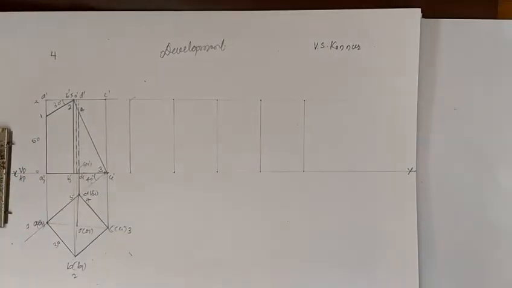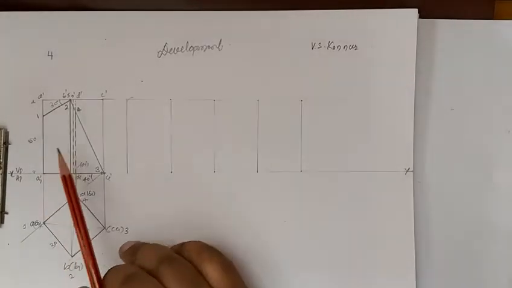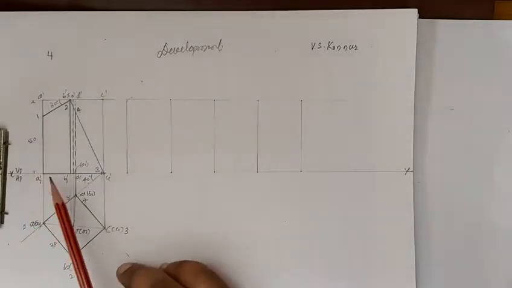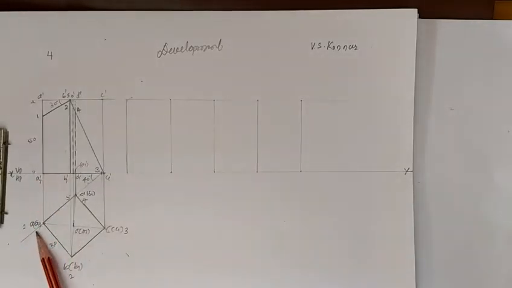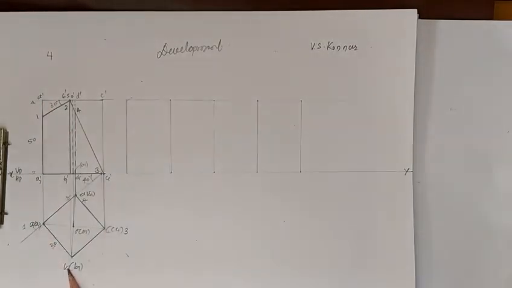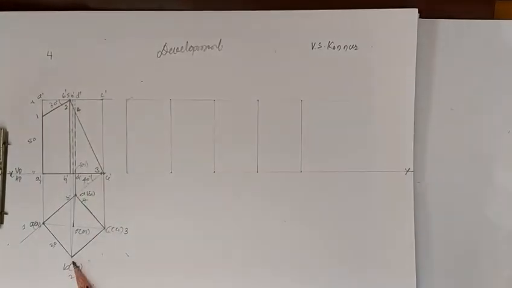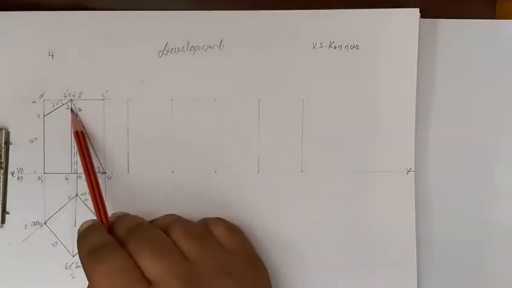Now, how the numbering has been given, I will explain. This cut section is completely given, it is not drawn. Now follow the same procedure. A1 first cut, then go from A to B, A to B, A1 to B1, A to B, there is no cut. B1, B, there is a cut, second point.